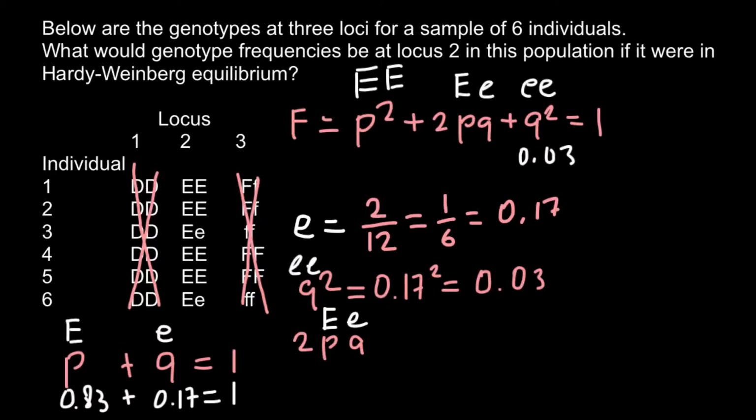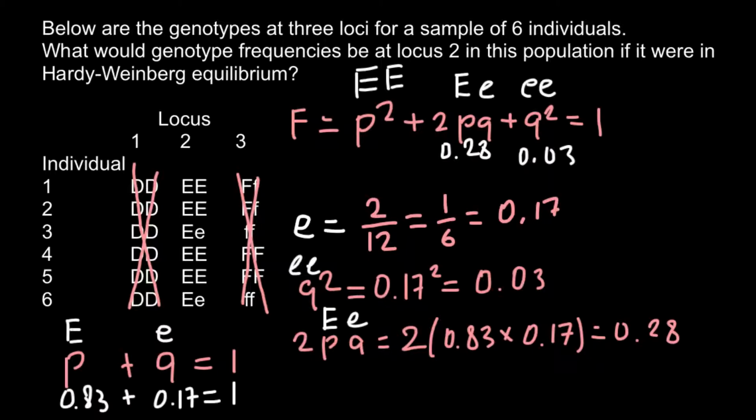So this would equal 2 multiplied by the frequency of the allele P, that is 0.83, and by the frequency of the recessive allele e, that is 0.17, or the recessive allele in our formula, Q. So our answer here would be 0.28. This is also a rounded number. We can put this frequency in our formula,